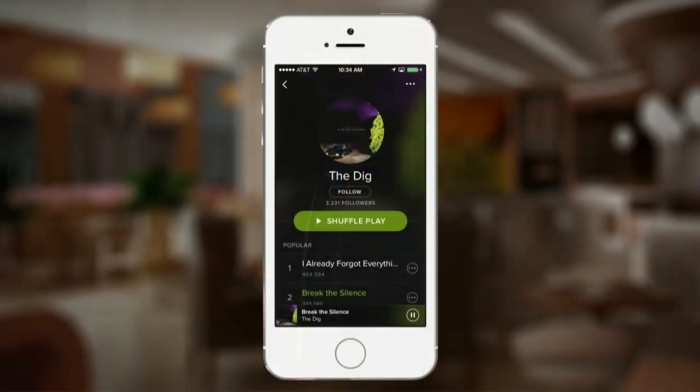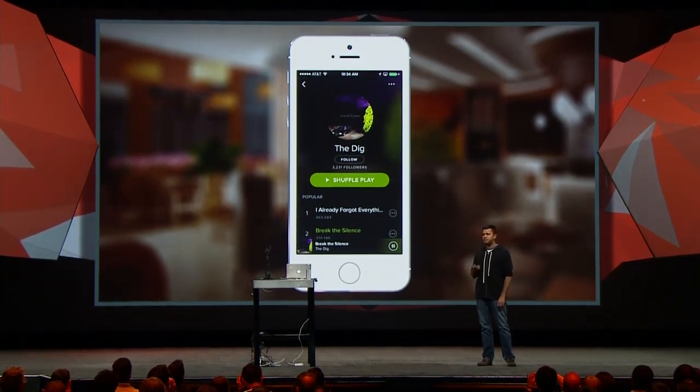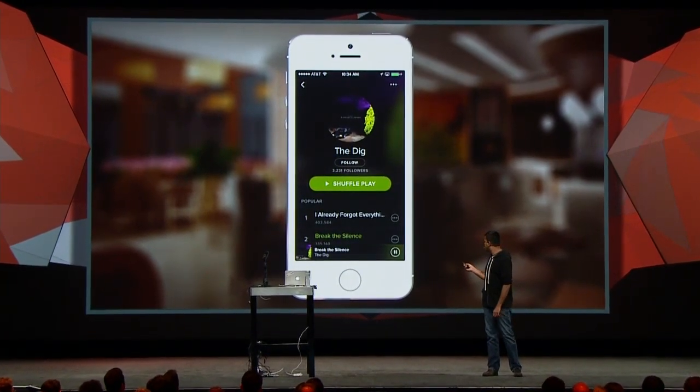I'm going to start with a little story that happened to me last week. This was Friday afternoon, and I was listening to some music on Spotify as I was working on the slides for this very presentation. I'm not sure if you've noticed, but Spotify has this neat integration with Songkick that lets you track upcoming events of artists you want to follow. So I was listening to The Dig, and I found an upcoming event that I was interested in. We are going to take a look at a short video that demonstrates how the current experience works. Let's take a look.